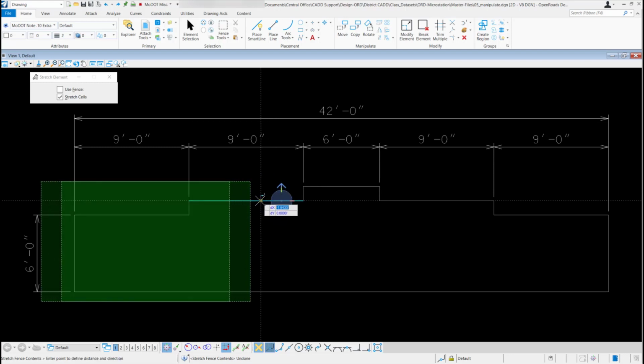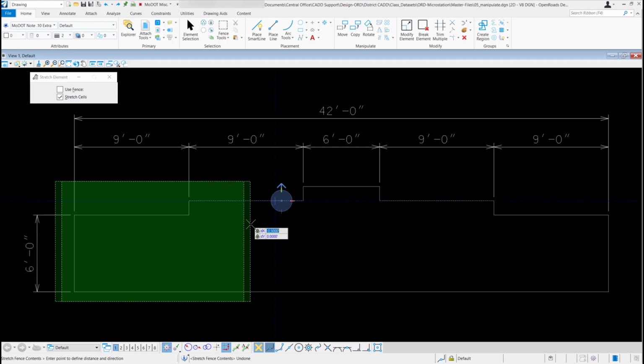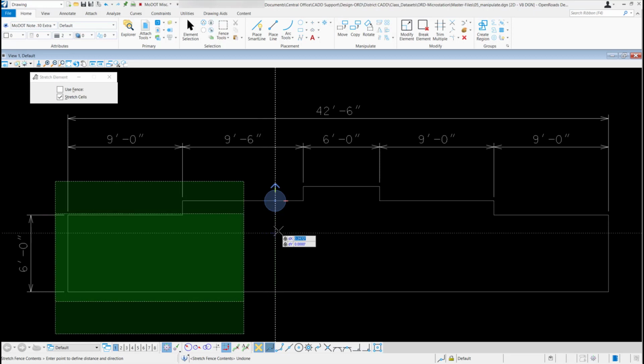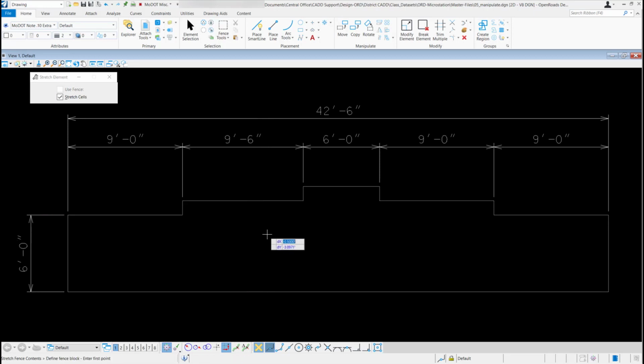But I'm going to drag it off in the left direction. For my DX, I'm going to hit 0.5, lock that in. For my DY, I'm going to keep it 0, lock that in. If that's what I want, I'll just left click to accept it, and you can see it stretched that bend out 6 inches. I can do right click to reset it.